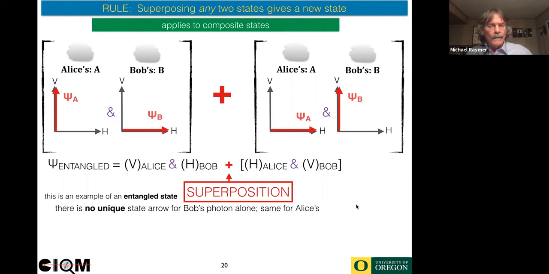You see, because if I'm just measuring HV, then if I were to measure Bob H, then I would know that Alice was V. But if I measured Bob V, I would know Alice was H. So it looks like inherent properties, like tall and short. But now here is the punchline. What if you measure this same state in the DA basis?